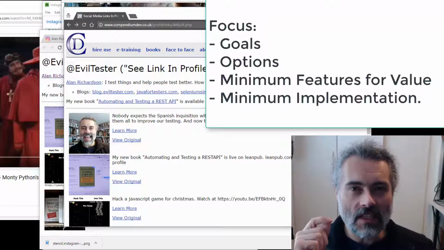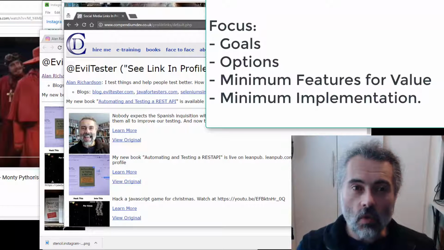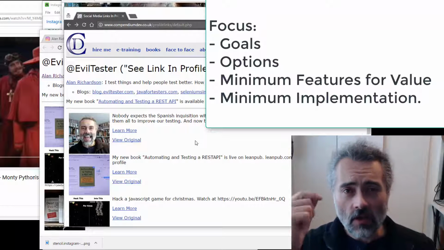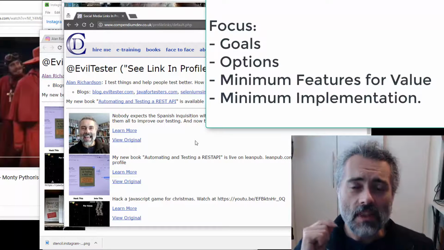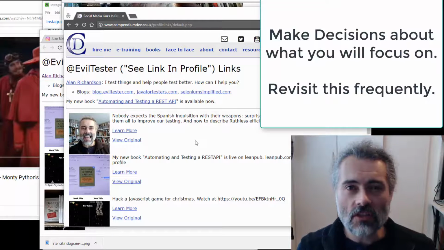Work out what your aim and intent are. What is the minimum you need to do to get there? Focus on getting there. Focus on meeting the actual need. You can track all the wants. I've got a big list of wants in my Instagram notes there of how I want to expand this, but that's not my immediate focus. Focus can change every day.